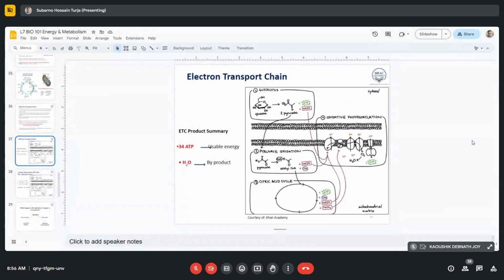We can make 32 to 34 usable molecules of ATP from the electron transport chain. And we're also getting water as a byproduct in this part. So,